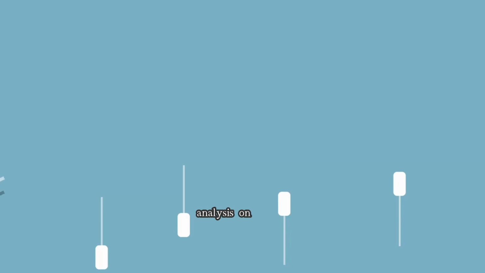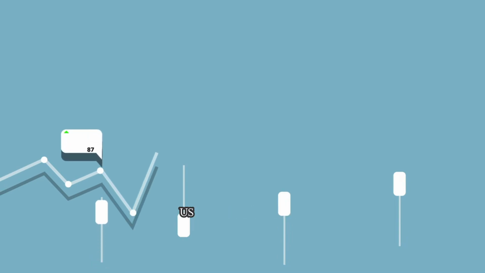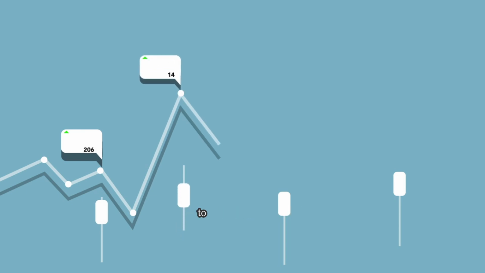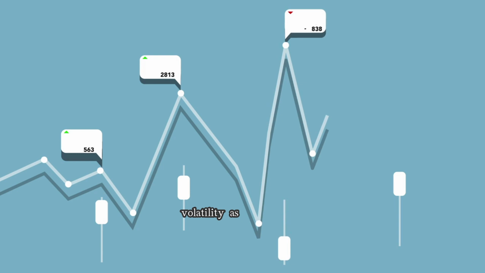Welcome to our video analysis on the topic why the US economy is suddenly looking a bit shaky. We will delve into the recent economic instabilities in the US, uncovering the diverse elements that have contributed to this ongoing shift. Our investigation scans the areas of inflation, interest rate hikes, and market volatility as crucial players in the